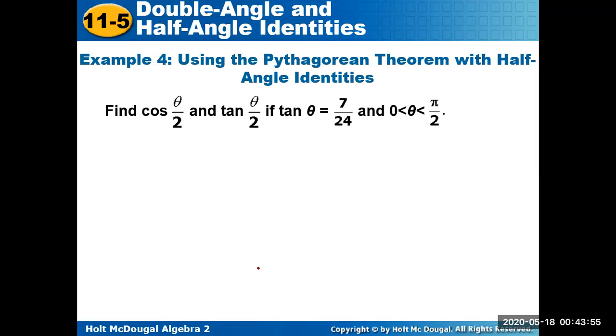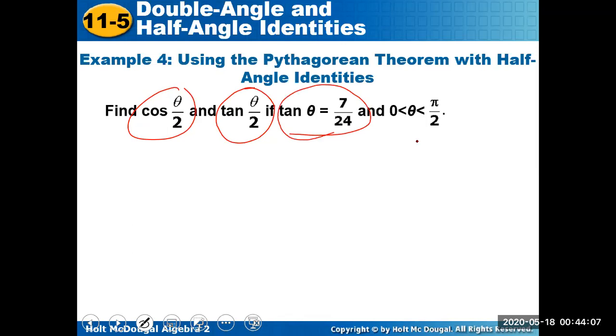Now, using the Pythagorean theorem with half-angle identities, they said find cosine theta over 2 and tan theta over 2. Tan theta is given here, and the limit of theta is also given. It is from 0 to pi over 2, which is the first quadrant. So in all the half-angle identities, be it sine theta over 2, cosine theta over 2, or tan theta over 2,